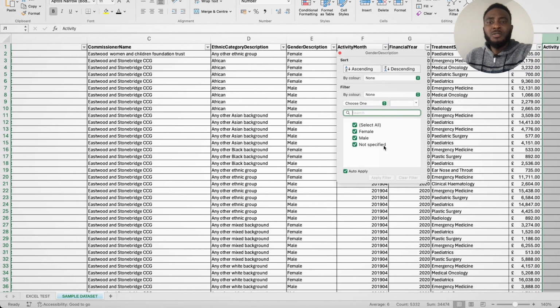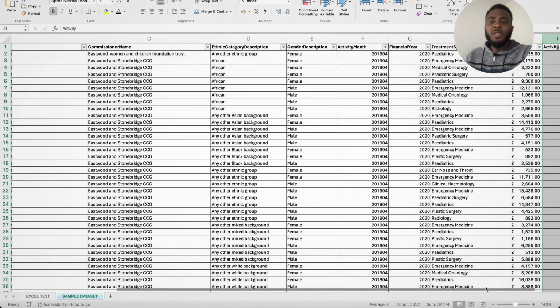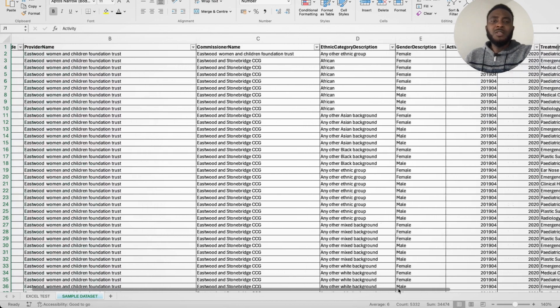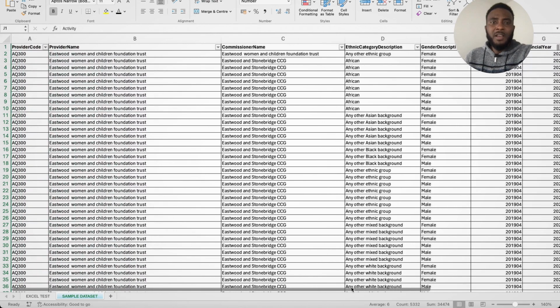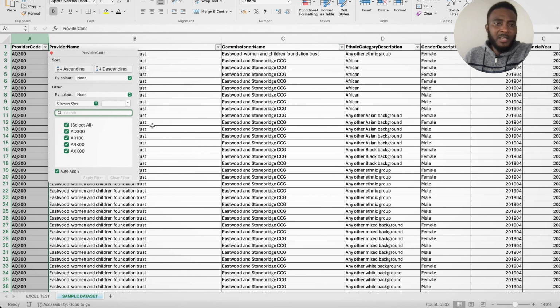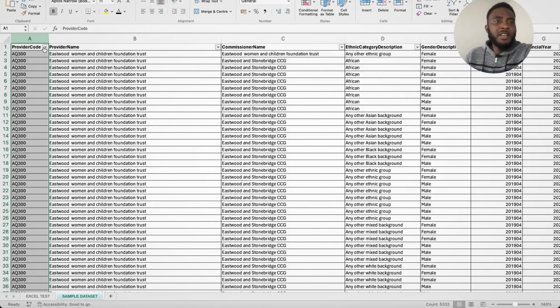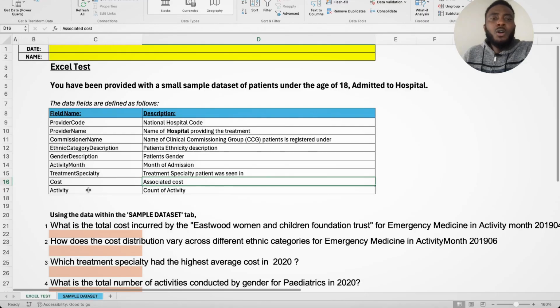We have blanks. Yes, we do. We have some that are not specified, but that's fine because in analysis, we need to identify what is our unique identifier. In this case, the provider code is a unique identifier, and we don't have blanks in the unique identifier. So every provider has a name. So on to